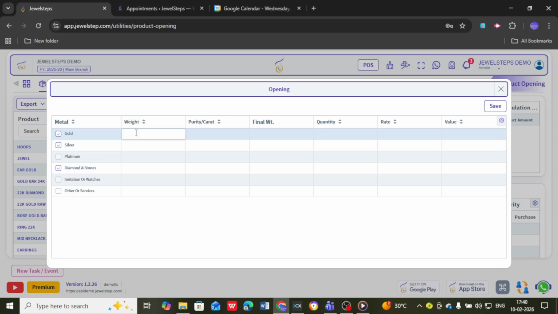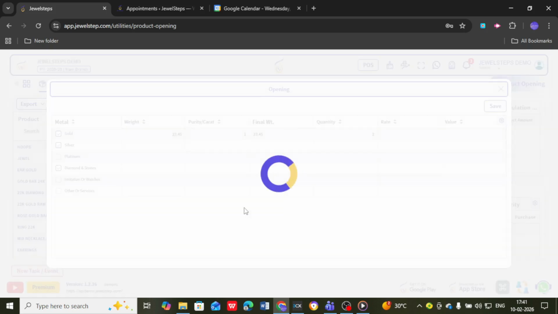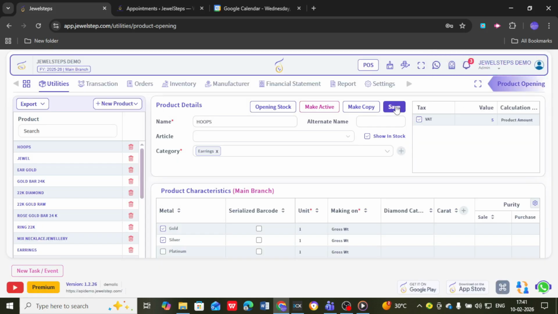Making the necessary changes, like I am adding the weight, adding the quantity and weight. And then updating the